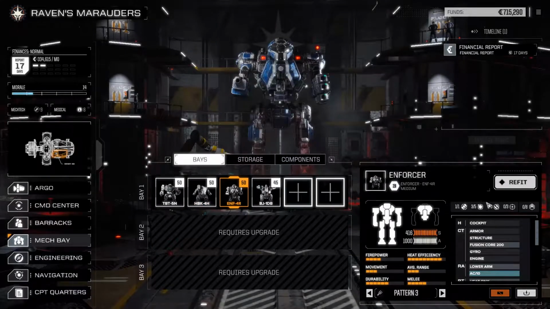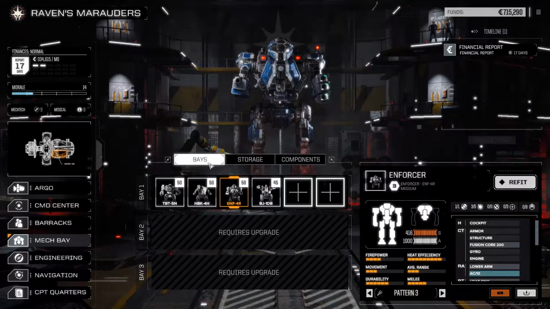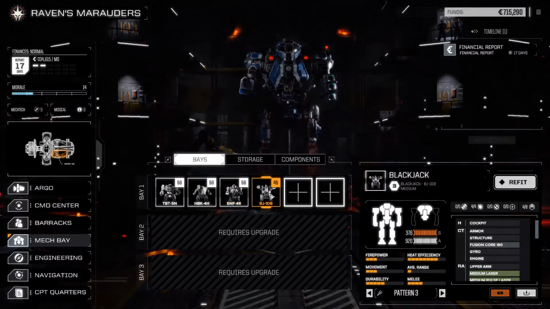Next up, we have the Forcer. Same thing, just up the armor, took some weapons off. Left the AC-10 on, but took some of those mediums out. Same again, try and shoot as often as possible. I think I'd rather have an AC-5 in there. And the BJ,